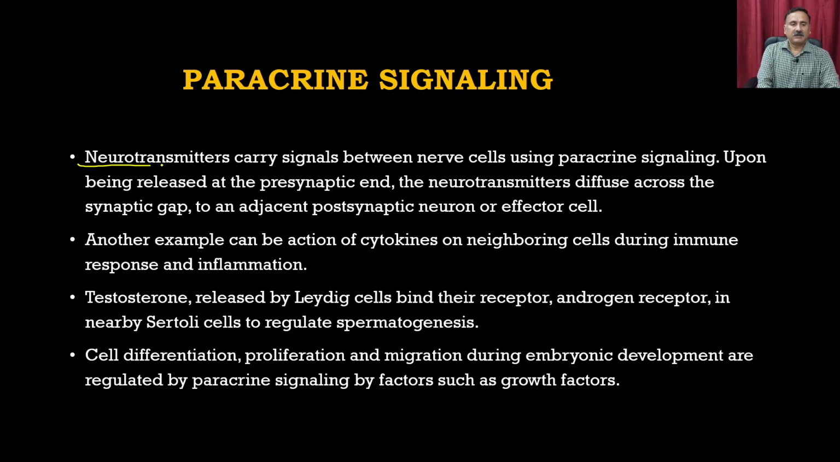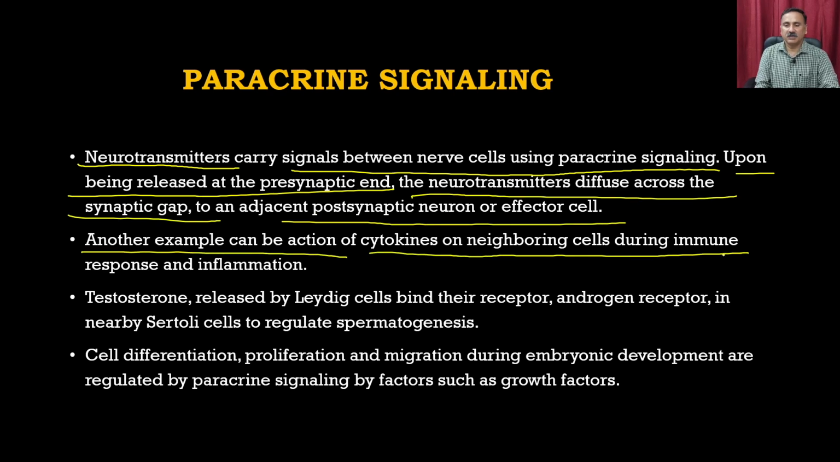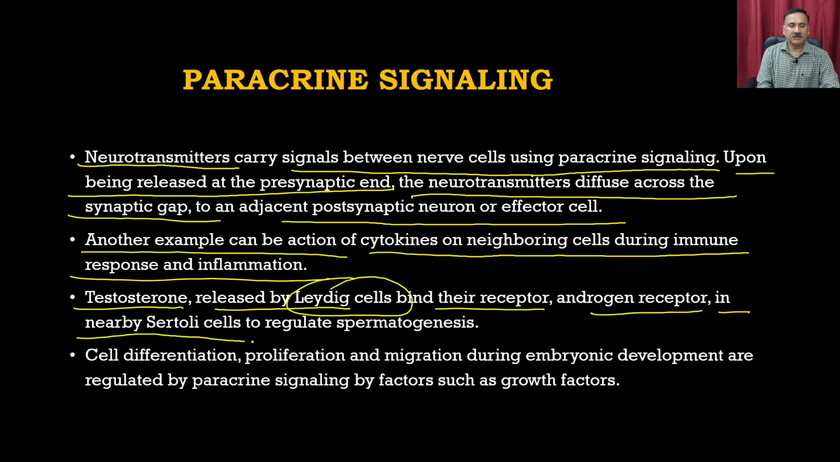So one of the classical examples is neurotransmitters carrying signals between nerve cells using paracrine signaling. Upon being released at the presynaptic end, the neurotransmitters diffuse across the synaptic gap to an adjacent postsynaptic neuron or the effector cells. Another example is the action of cytokines on neighboring cells in immune responses and inflammation. Testosterone released by the Leydig cells binds a receptor, the androgen receptor, in neighboring Sertoli cells to